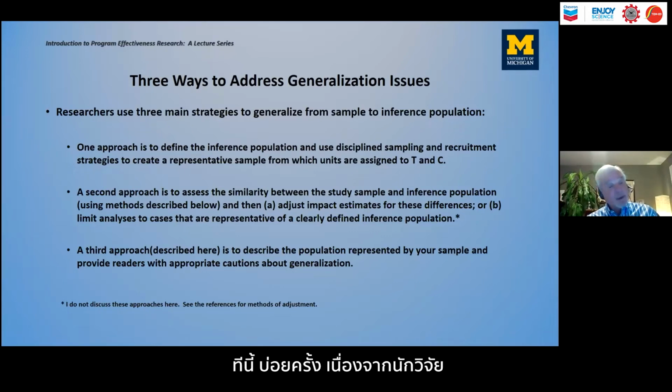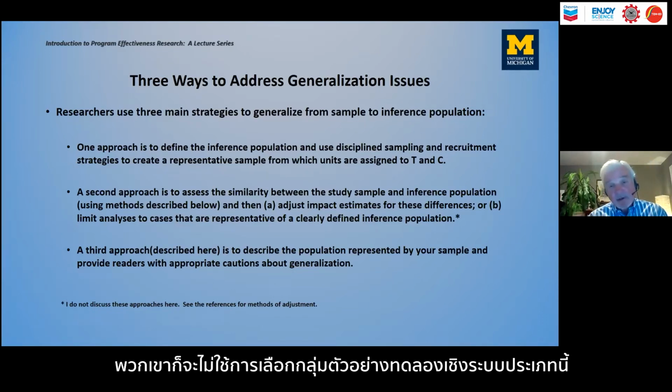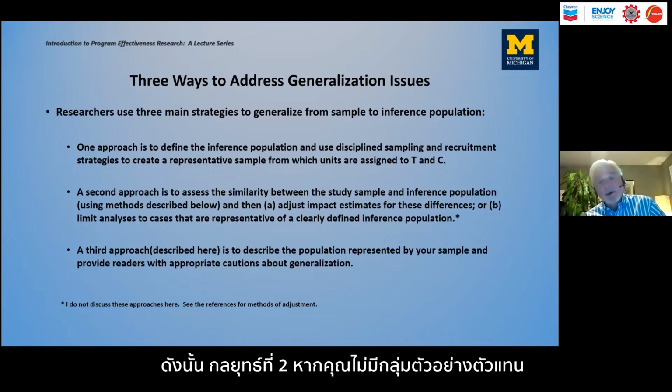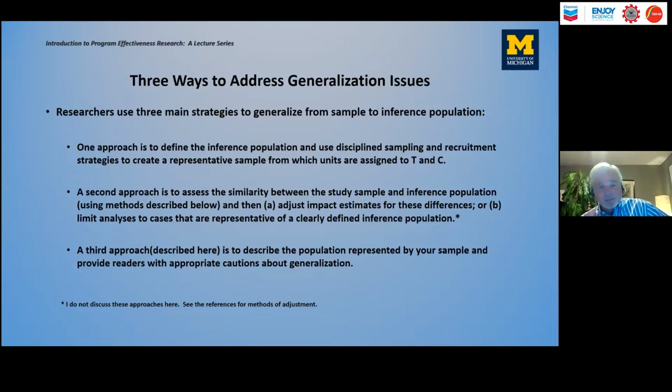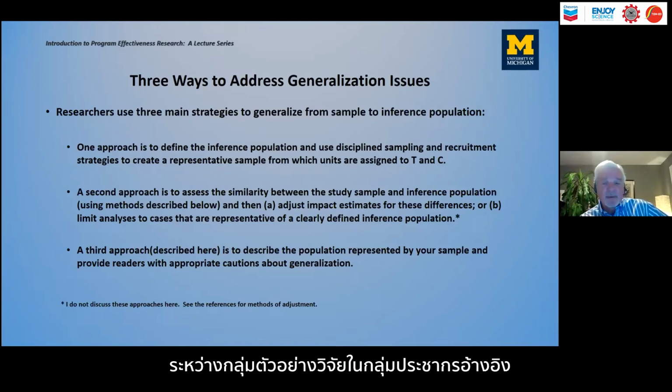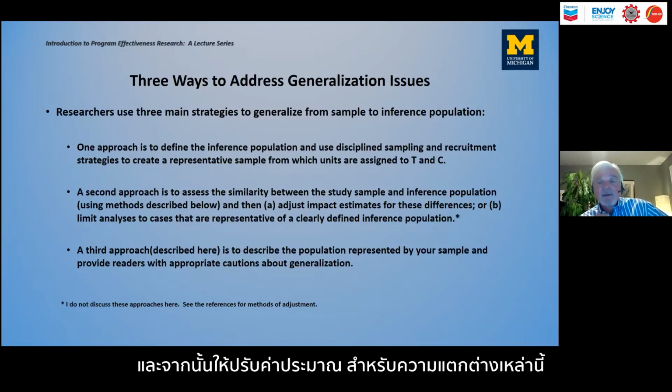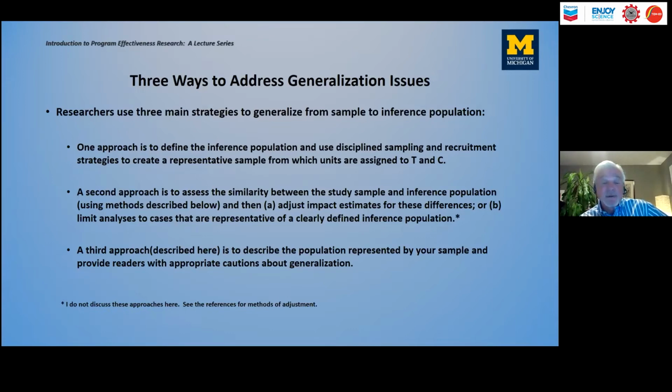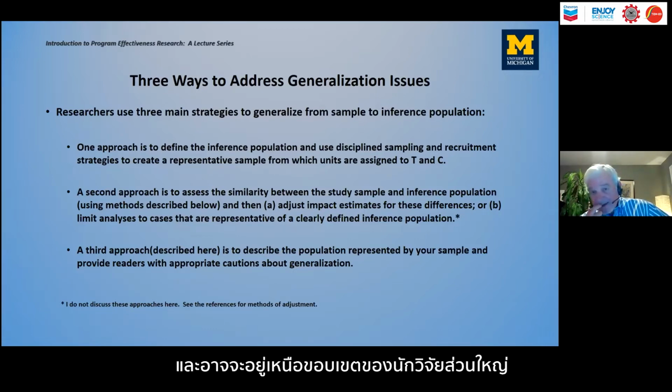Now, often, because people are using convenience samples, they don't engage in this kind of systematic and representative sampling. So a second approach, if you don't have a representative sample, is to assess the similarity between the study sample and the inference population, and then adjust the estimates for these differences. Now, I'm not going to recommend this, nor am I going to talk about this, although I have a reference about this. This is a quite difficult analysis, requires a lot of assumptions, and it probably is beyond the scope